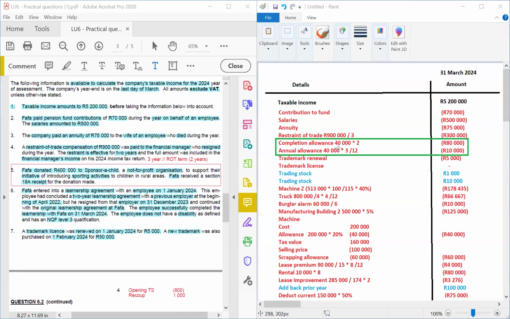I'll share a table with you guys that will guide you. But if it is an employee with an NQF level 3, meaning between 1 and 6, and this employee is not disabled, you use 40,000. Then if this employee is disabled, you'll use 60,000. Okay, thank you. I'll share it with you. Just remind me tomorrow. Okay, thanks.